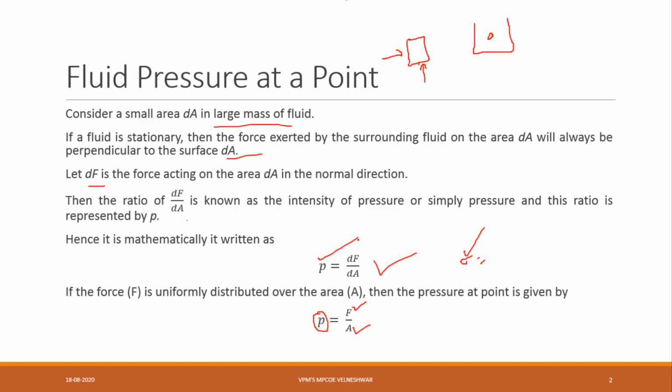So what is our formula for P? P is equal to force upon area. This formula will be helpful for the entire module. Like in the first module, what formula did we see? Tau is equal to mu into du by dy. That formula was there from starting to ending, and whatever numericals we solved, it was helpful for us. Here also, the pressure formula, force upon area, will be useful for the entire module. Now units: if pressure is equal to force upon area, then what will be the force?